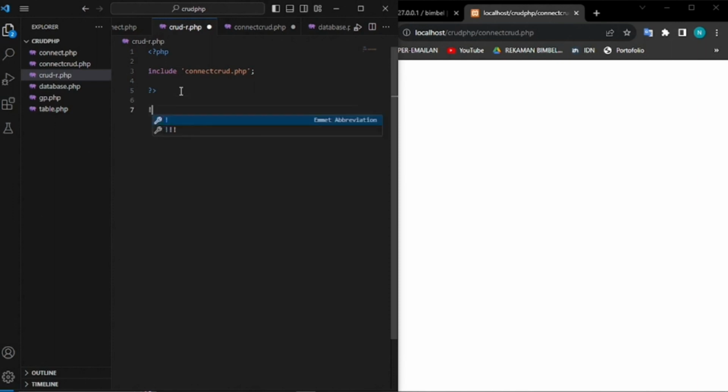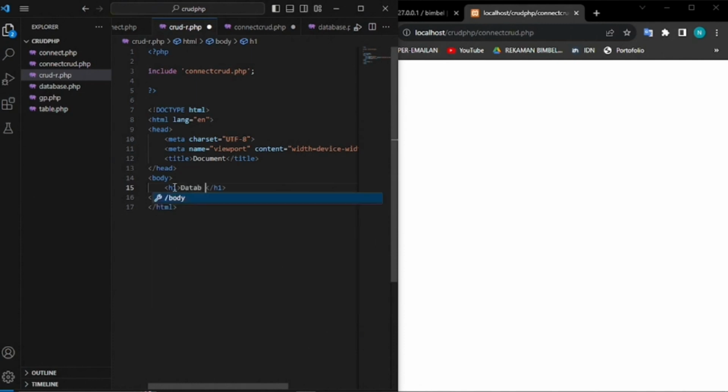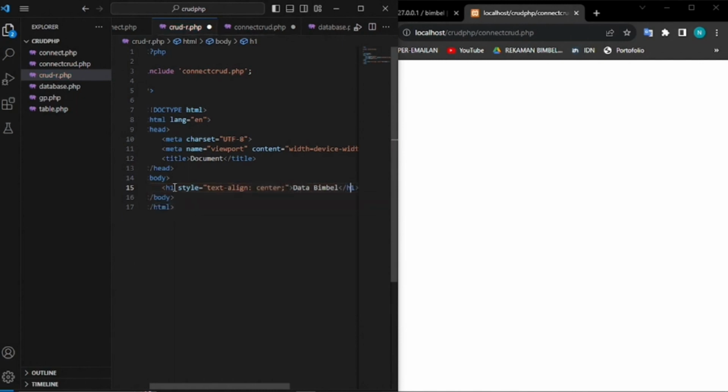outside it, I'm gonna make the HTML structure like this, and then I'm gonna make a text h1 with data window, and I'm gonna use a little bit of style, text-align center because I want to make it in the center, and then because we're gonna make it as a table, we're gonna make a table tag here and add a border of one,